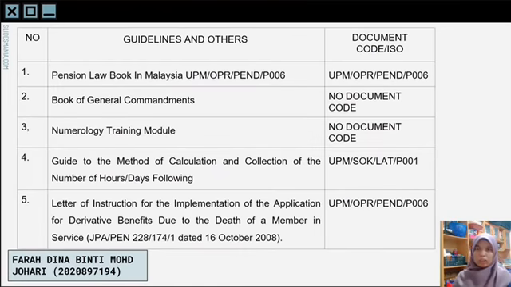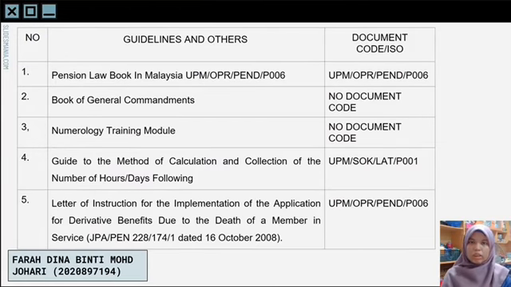For guidelines and others, first is the pension logbook in Malaysia, which has the document code UPM/OPR/P006. Then the book of general commencement has no document code, and the numerology driving module also has no document code. Guide to the method of calculation and collection of the number of hours or days following, the document code is UPM/SOK/LNT/P001. Then, for the letter of instruction for the implementation of the application for derivative benefits to the debts of a member in service, JPA/228/174/1, dated 16 October 2008,